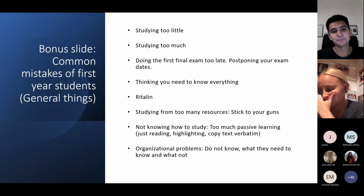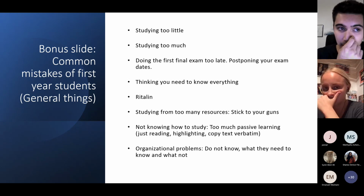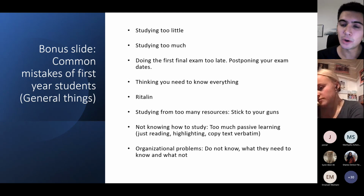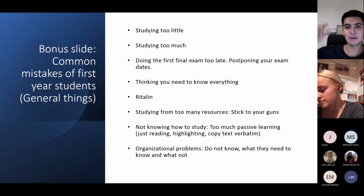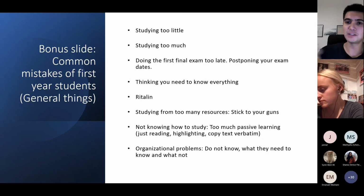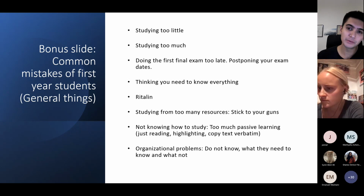Another very practical mistake that people make, and a practical tip at the same time, is doing your first final exam too late and postponing your exam. You are going to sign up for your exam, meaning that you're going to be provided with exam dates, and you can choose. You have the freedom of choosing your exam date. There are many students who will choose an exam date, and 2 days before they chicken out and take the date 1 month later. You will see that there is not an endless amount of free dates that you will have,